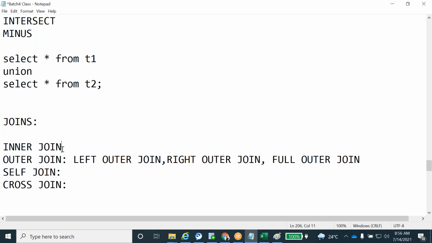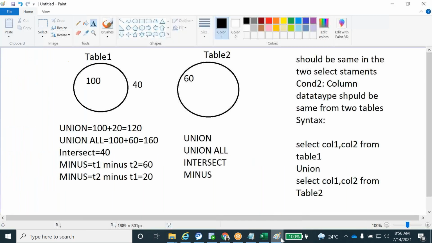Inner join is based on the common data, not just the common column, between the two tables. On top of that common data, we execute the inner join. So I told you the join is a condition based on the common column and common data between the two tables, and it will execute the result. I'll tell you one more way. This is clear, right?